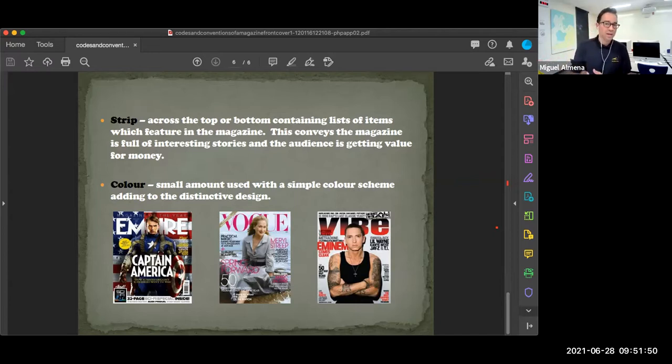I like to take color sometimes from the photos, or make a decision on what colors I want to use, and go into Photoshop and change the images to those colors, if that makes sense. So there's a couple of ways we can approach that, but basically, whatever your image is, whatever your theme is for your magazine, having an understanding of color and knowing the color scheme or colorways